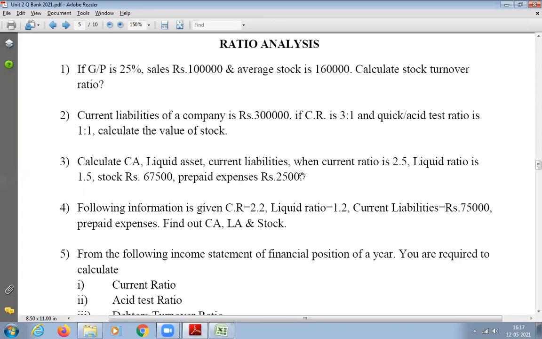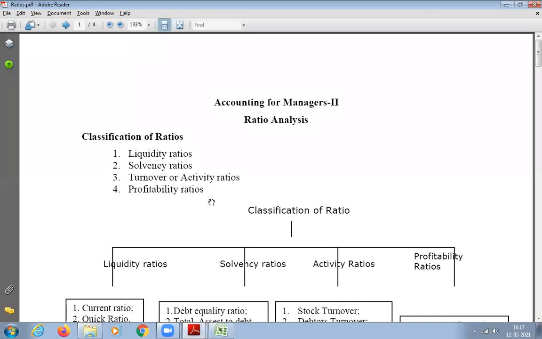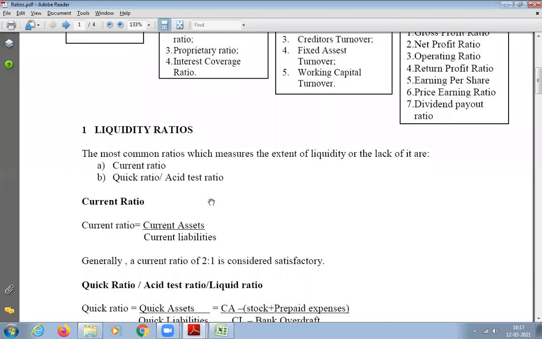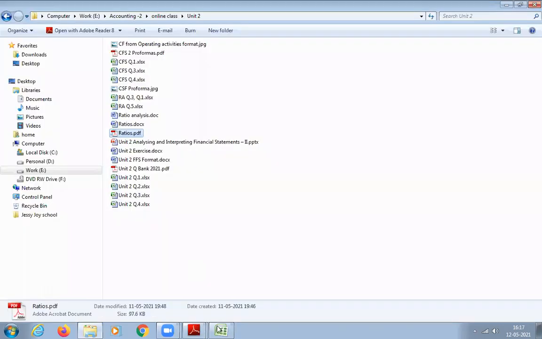Okay. So using the ratios, which ratio can you use now? I already shared with you yesterday the list of formulas, the ratios. All of you have that, right? The PDF. Yes, sir. So which ratio will you use? We need to calculate current asset, current liability, and quick assets. Current ratio. Any idea how to solve this?